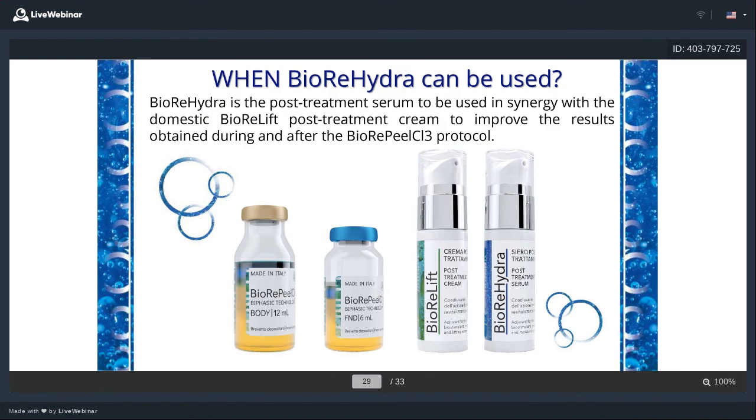You can use 2 products combined, as I said. So you can use the BioRehydra as a serum and then add a cream on top of it. If you need more moisturization, you can use it in the morning and BioRelift in the evening. If it comes to BioRelift or BioRehydra, really, I have it in my bag all the time, and I'm using